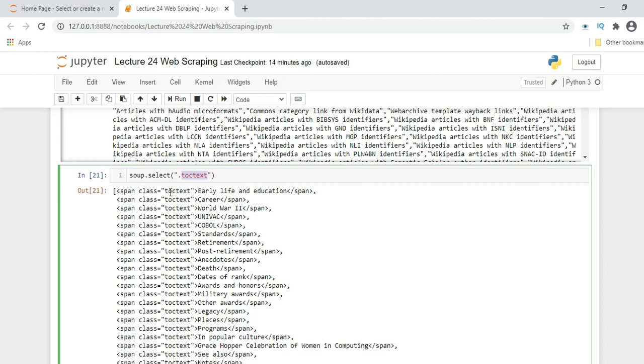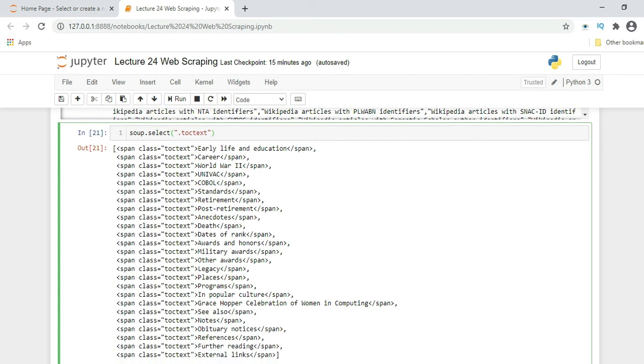So it will extract all the values which come under this class: span class equal to toctext, and this is a value between two span tags related to the class only. See, this is all class, and inside it there are some values or some text. Like that we can extract all the values related to the class dot toctext.